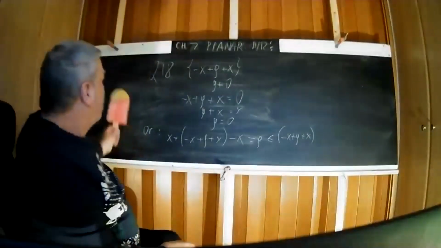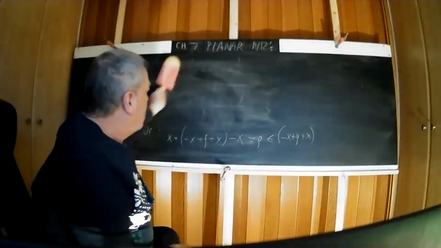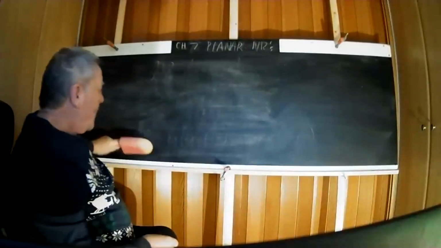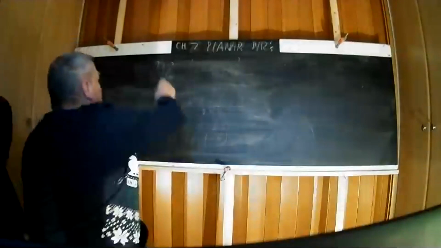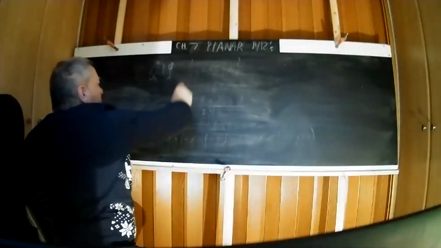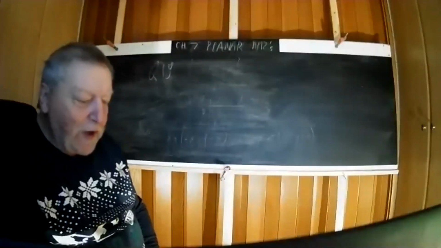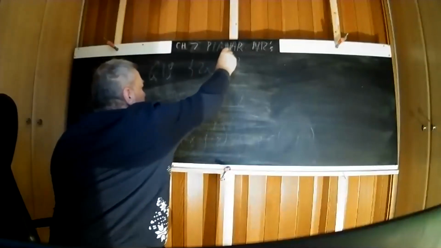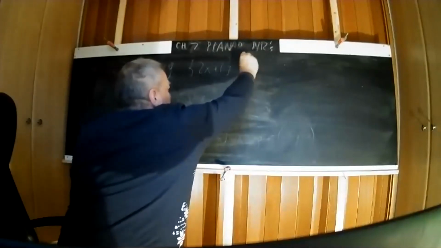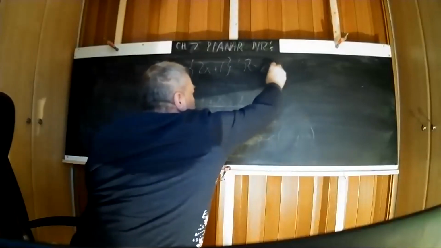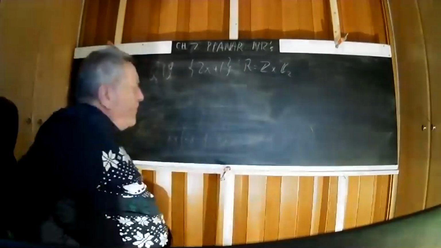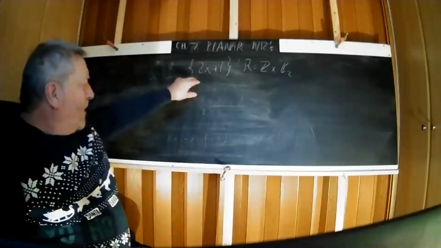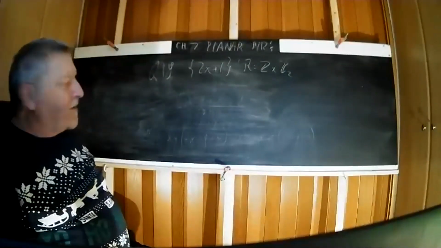Question 19 has a similar problem in mind, namely, we had already this equation 2x plus 1. Now we are in the variety of commutative rings with identity, and we have the equation 2x plus 1. And this happens in the ring R, and the ring R should be the integers modulo 2. And we have already shown directly that this equation cannot be solved in R and not in